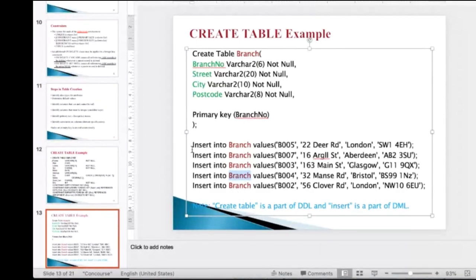Okay, insert into, these are two keywords, then is the table name, then we use the keyword values, then in brackets or parentheses we write the values that we want to insert. Our first value is branch number, so we will enter the branch number. This is B005. All the values which are your characters, variable characters or fixed characters, we write them in single